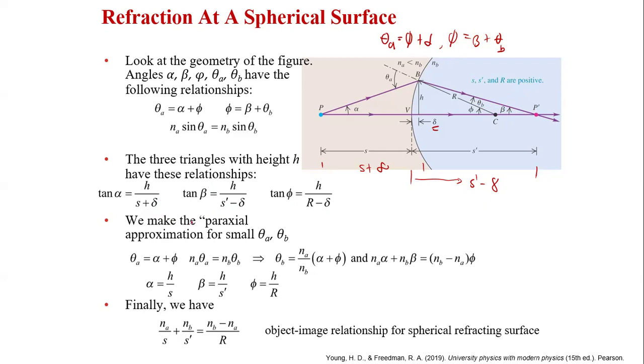Then for the paraxial approximation, by small angle theta A and theta B, so this one, the alpha is equal to h over s. That's that one. As this one pod beta h over s prime and phi is equal to h over r. Okay, if you combine this one also,